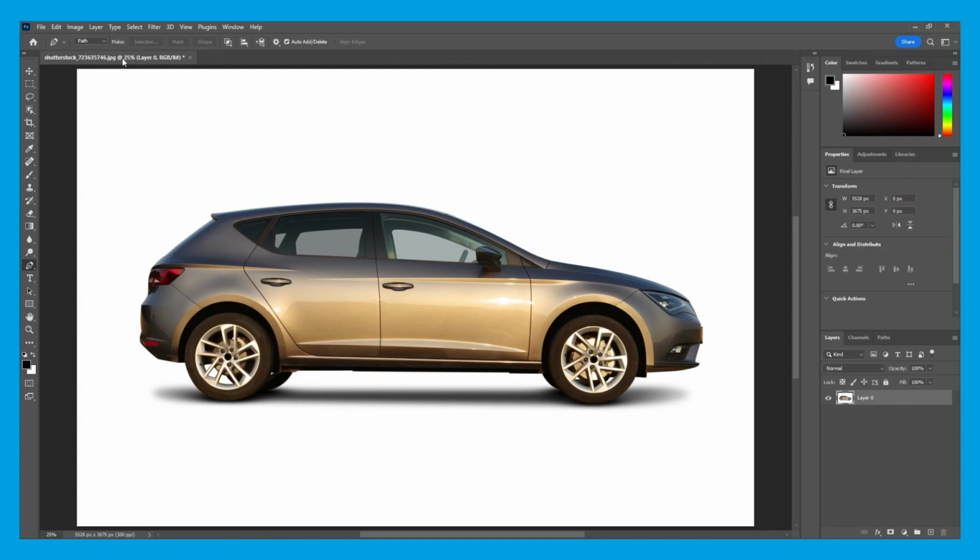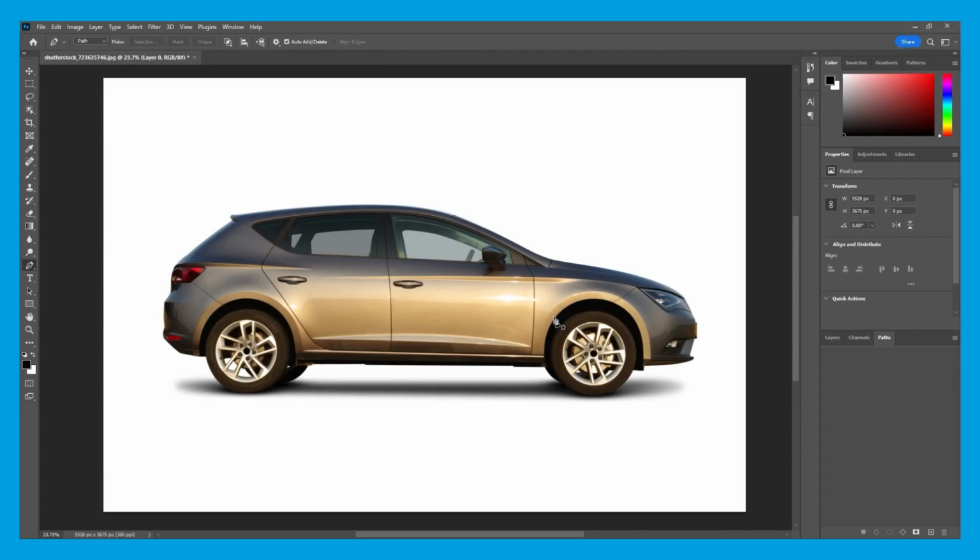So now that all the pen tool settings are correct, we want to actually see our path as we're creating it. So if we head down to the layer tab in the bottom corner, and to the right of it there will be a little path tab which you can click, and as soon as we begin creating our path, a silhouette will appear of our path that we are creating. And this is great. This is why the pen tool is so good, because if I'm not happy with my path or I want to come back to it later on, it will always be there and I can always edit it and change it. This is why it's so good and it's so accurate as well.